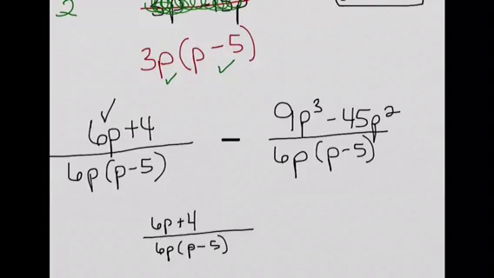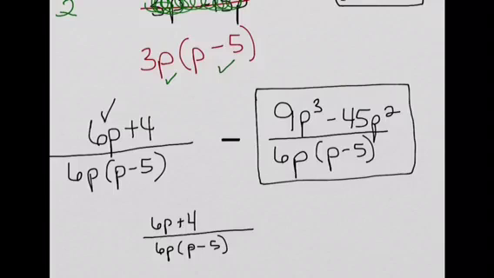But look at this, I need to subtract this fraction. So I need to actually subtract 9p cubed. So I'm going to subtract 9p cubed. And I actually need to subtract a negative 45p squared, so a double negative becomes positive and I get plus